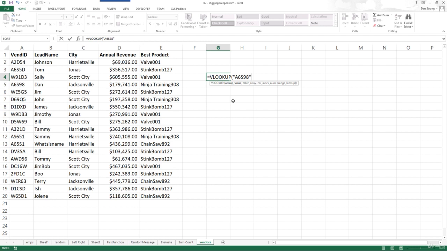A6S98. And that's what we're looking up. And the table array that we're looking up, let's just drag this entire range right here for now, comma. And then it says, what index do you want to know? So we're looking up column 1, but maybe we want to return the annual revenue, which is in 1, 2, 3, 4, the fourth column of this particular table, comma,